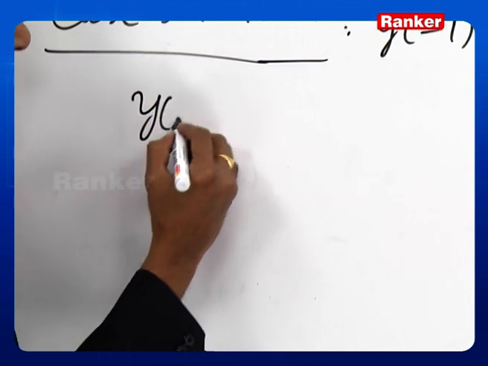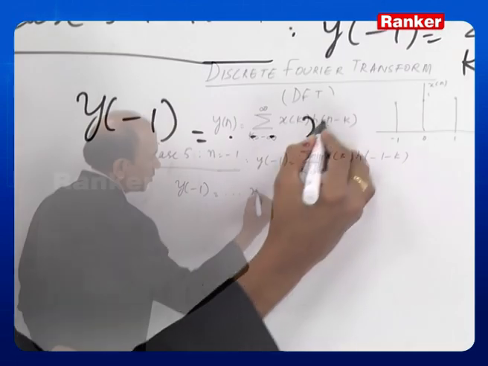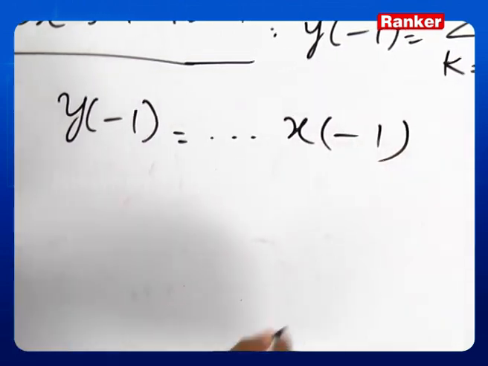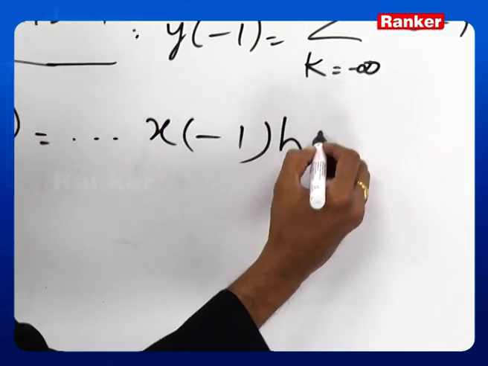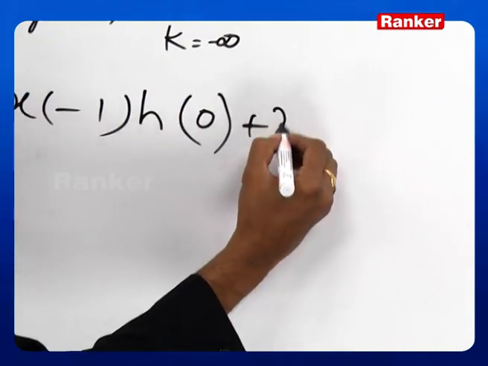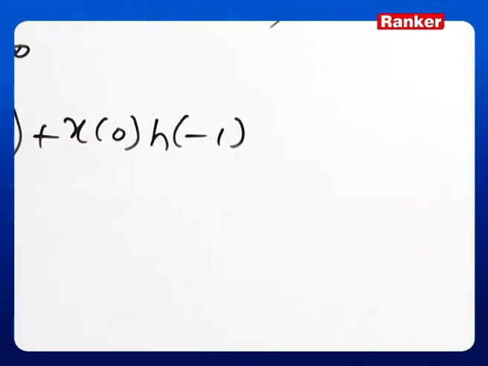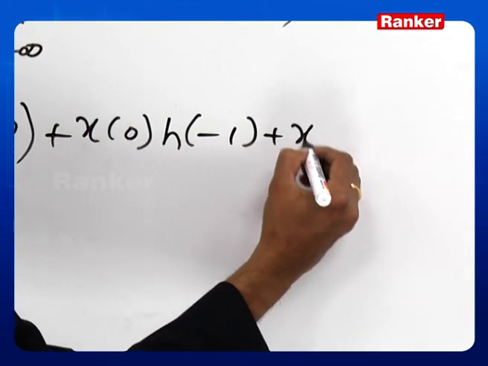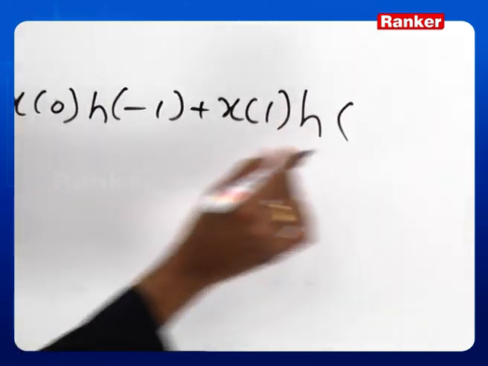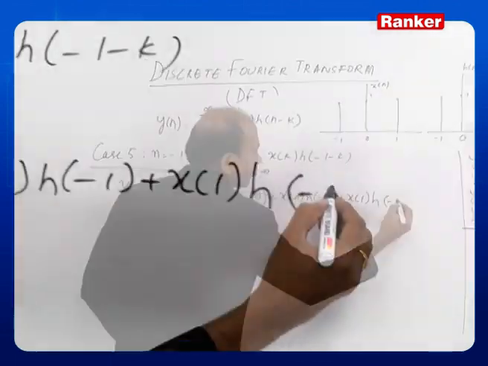So, y of minus 1 is equal to adding. So, this will be x of minus 1 here. So, h of minus 1 plus 1, that is 0, plus x of 0 h of minus 1, because this is 0, then x of 1 h of minus 1 minus 1, that is h of minus 2